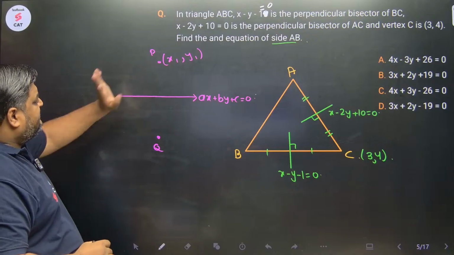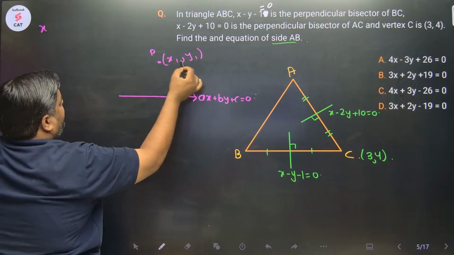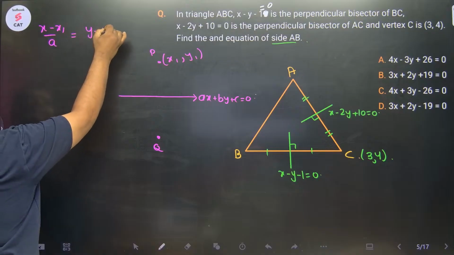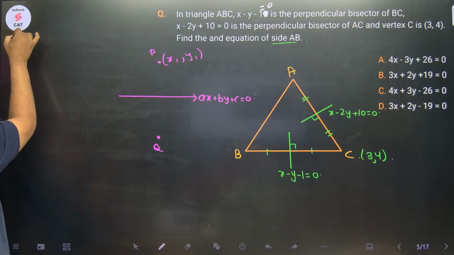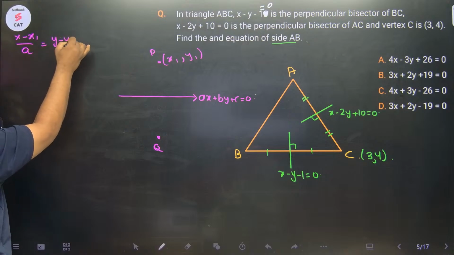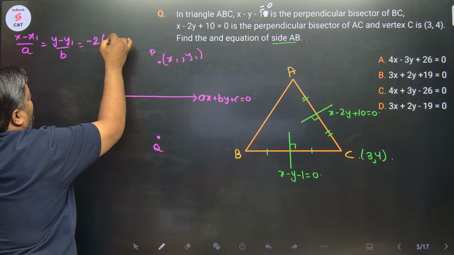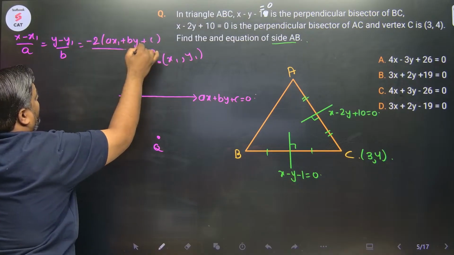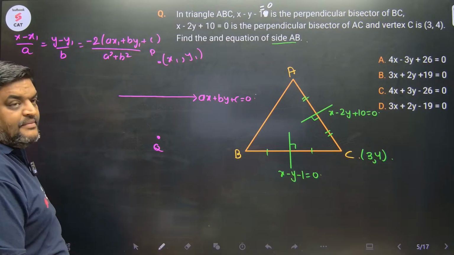तो देखो, this will satisfy, ध्यान दो, let this be x1 y1, ठीक है, तो x माइनस x1 अपॉन a इक्वल्स y माइनस y1 अपॉन b इक्वल्स माइनस 2 टाइम्स (a x1 प्लस b y1 प्लस c) अपॉन (a स्क्वायर प्लस b स्क्वायर). ओके,